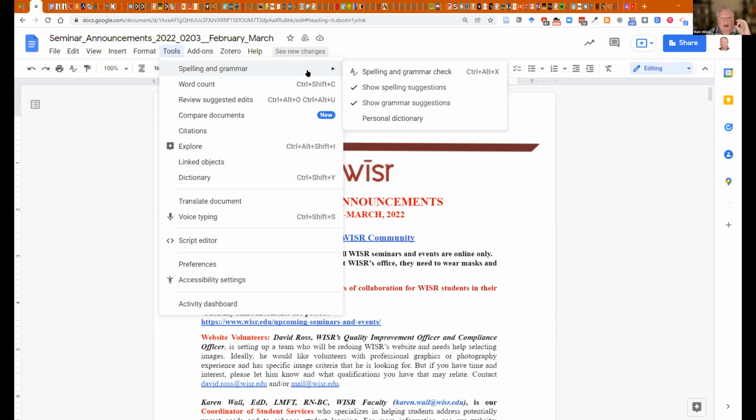And when you add words to your dictionary, it just affects your drive. So you have a personal dictionary built in. And that's how you add names and other things that you type all the time. When you get tired of looking at the underline, you add it to your dictionary, and then it stops underlining it every time you type it. And it will spell check. If you mistype it, then it will spell check it for